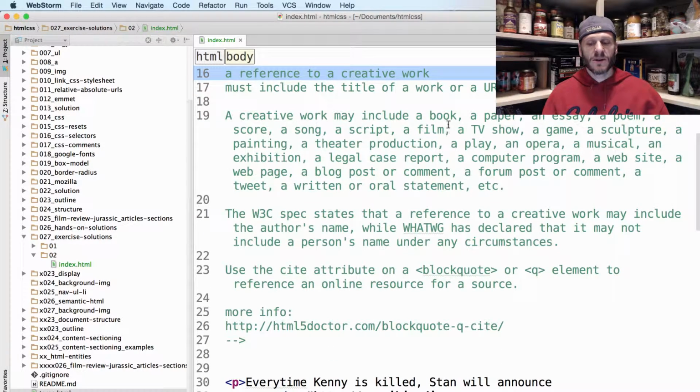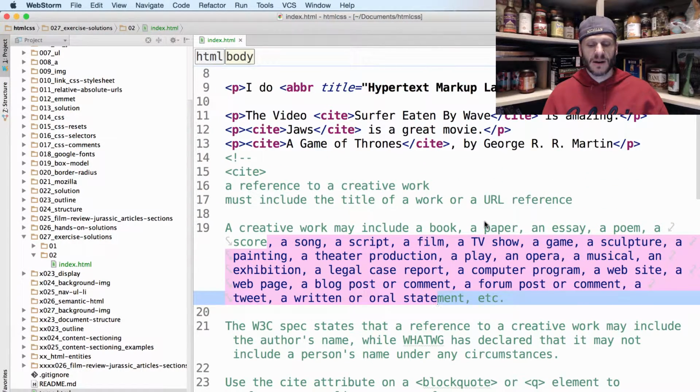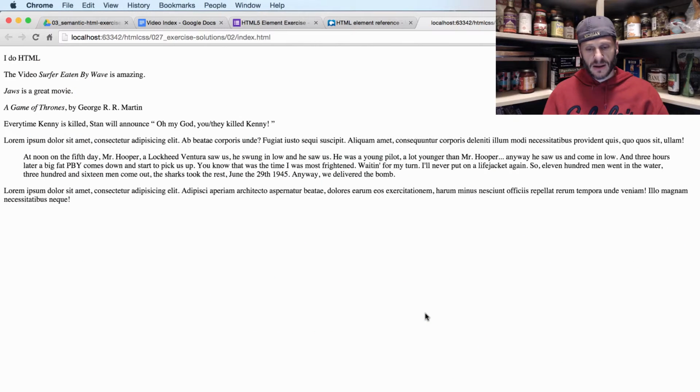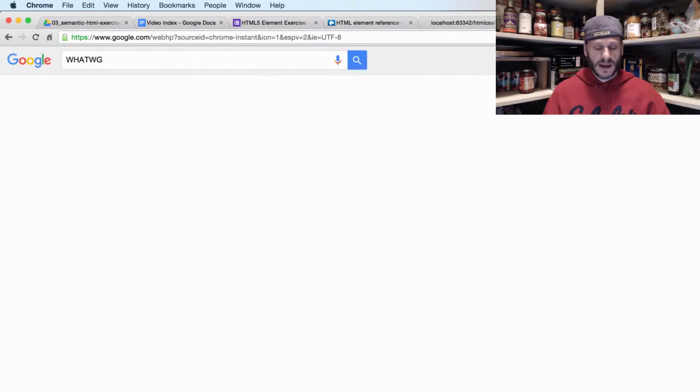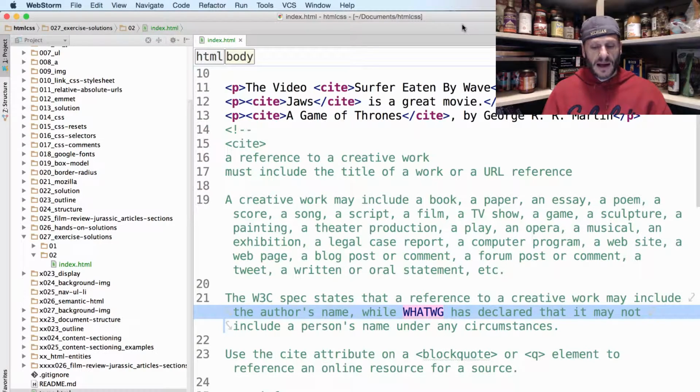Creative work may include book, paper, essay, poem, right? All this stuff. You could read it. Pause the video. Here, I'll put it down a little bit. There, all that stuff. The W3C spec states that a reference to a creative work may include the author's name, while the WHATWG, which is another group that helps define the web, Web Hypertext Application Technology Working Group. The W3C, I think, carries more weight, but anyhow, two different groups,